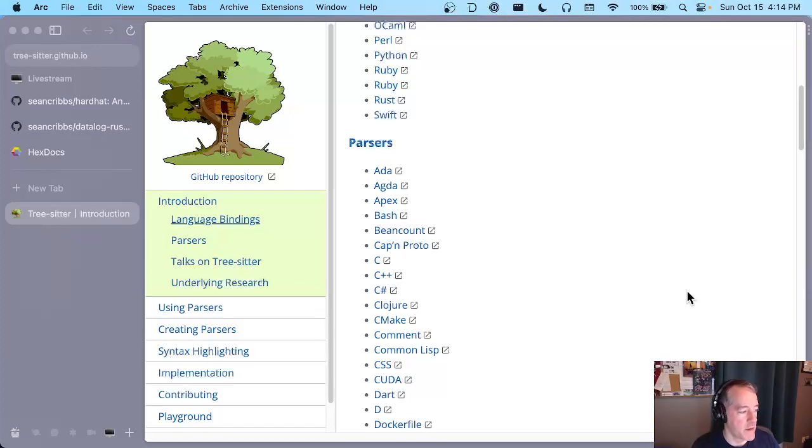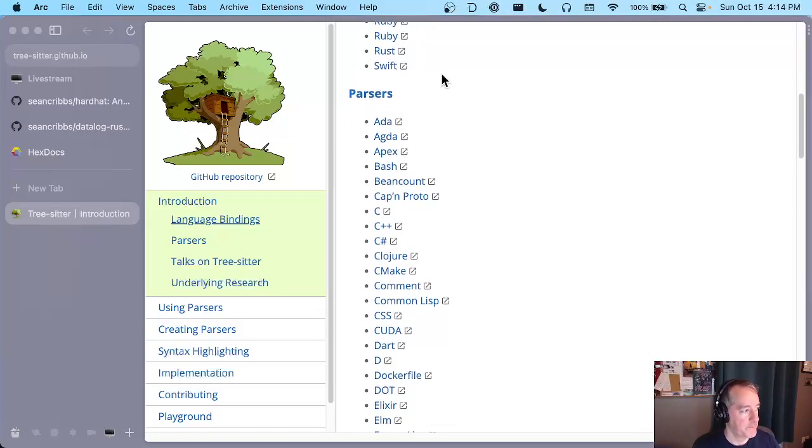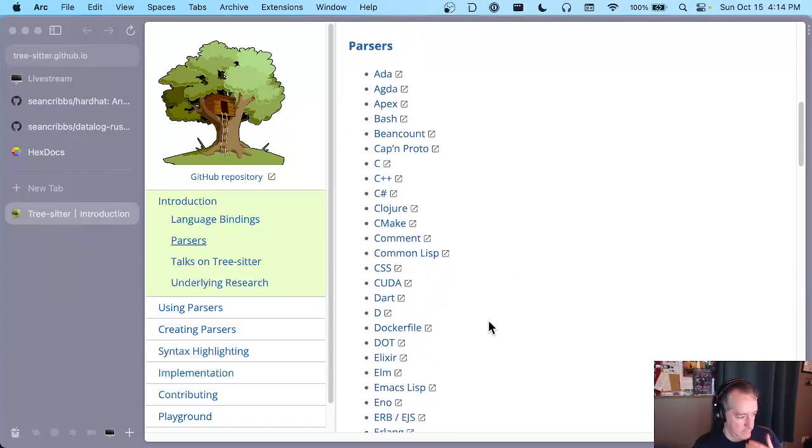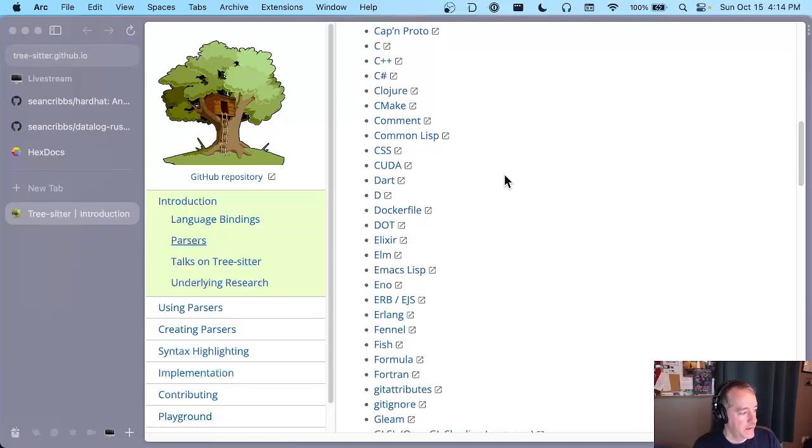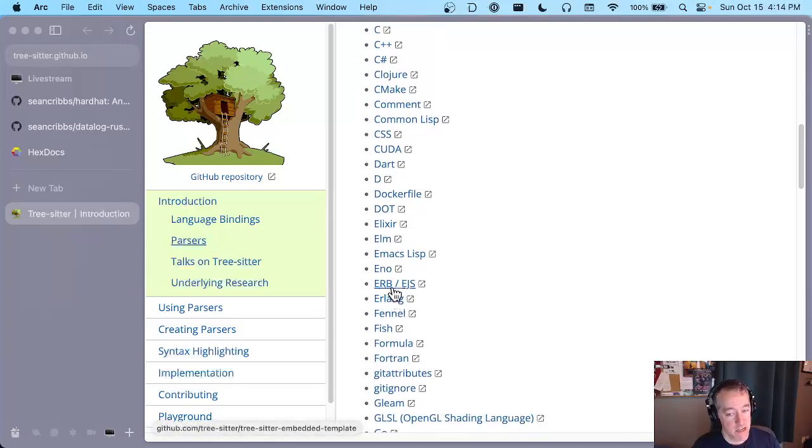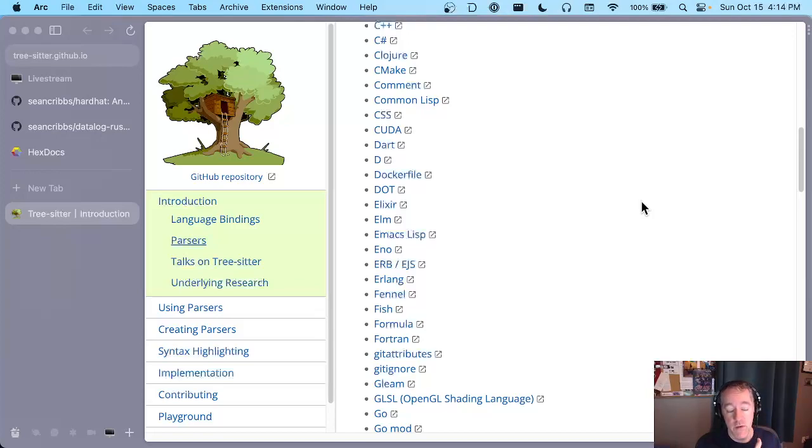I think that this is great because the parser generator toolkit is generic. So one of the big powers of it is that you can have a multi-language document. You can take, say, Elixir and ERB or EJS, which is basically EEx, and you could hook those together, and you could have a parser that handles both Elixir between the template tags, and then the outer part, and you could combine that with HTML to get a parser for the tags that you're putting in the page. So this is kind of bonkers. Anyway,